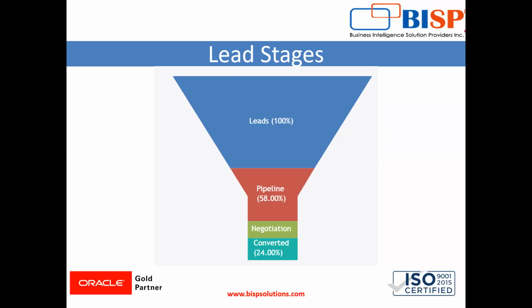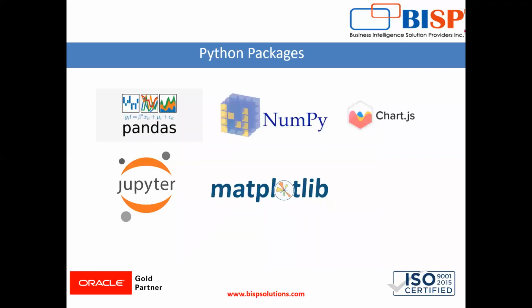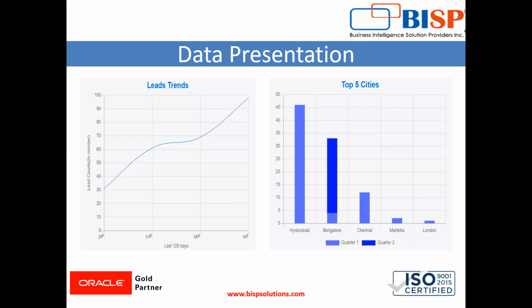For example, some operations are performed before showing the data in a chart format. That is, we are using the Python libraries of data science such as pandas, numpy, matplotlib, etc. Pandas is used to extract the data. NumPy is used to perform mathematical calculations. Matplotlib and Chart.js are the libraries that display the data in a chart format like this. We display the data in a meaningful format.